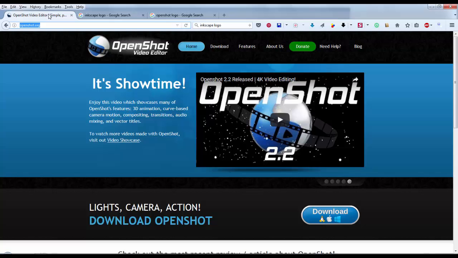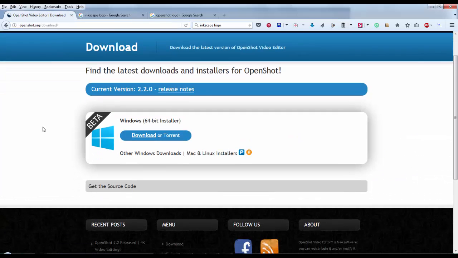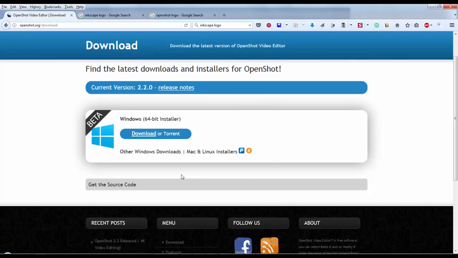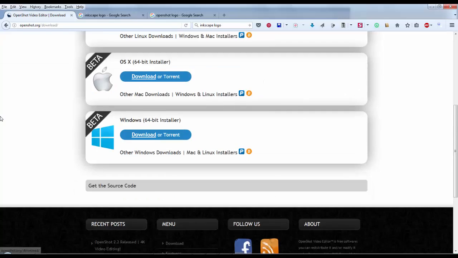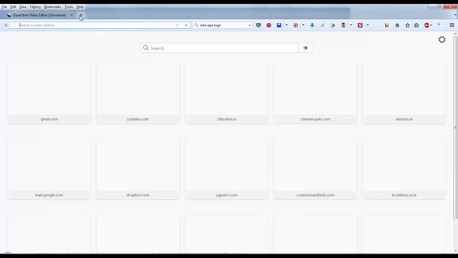So this is the OpenShot Video Editor's website. You can download the software from here. It is available for almost all operating systems. Here you have the Windows installer, a 64-bit installer, and you have installers for both Mac and Linux also. So whatever operating system you have, you can go and download for that one. Then you have